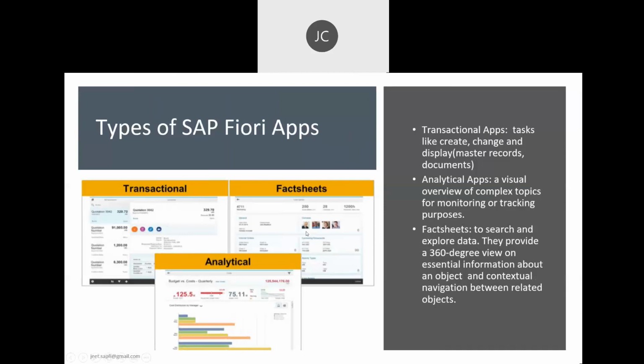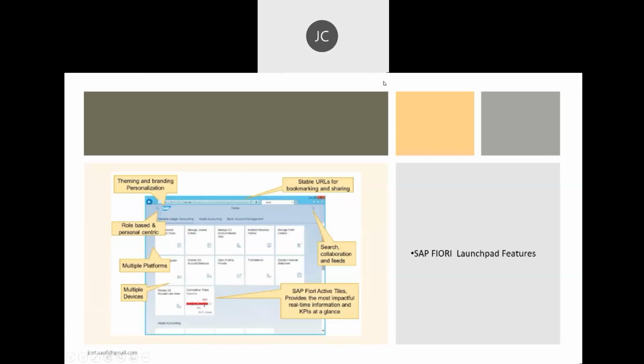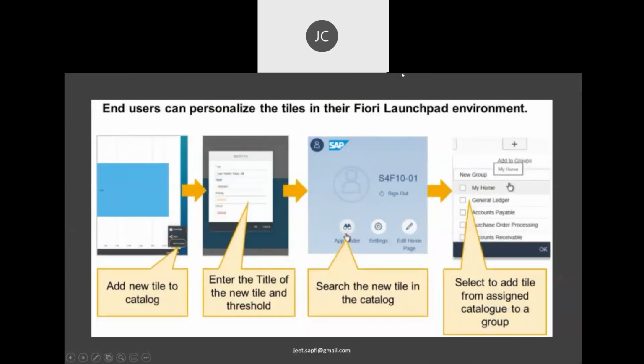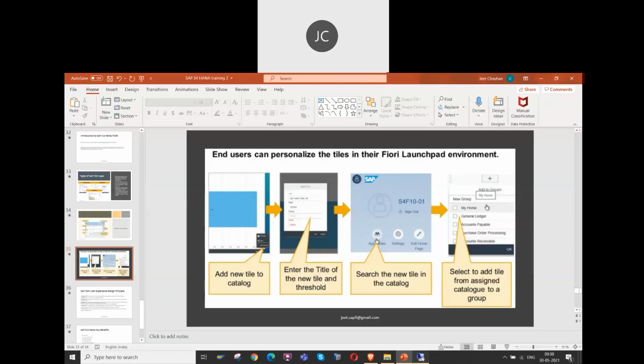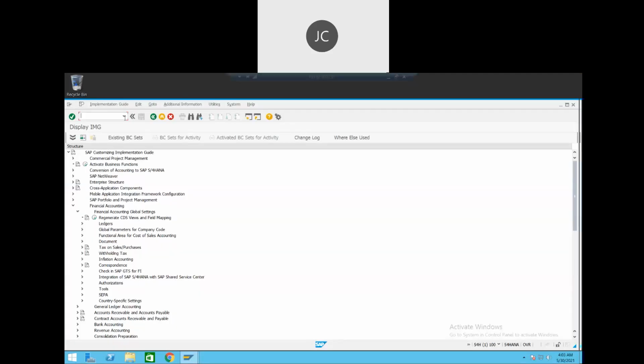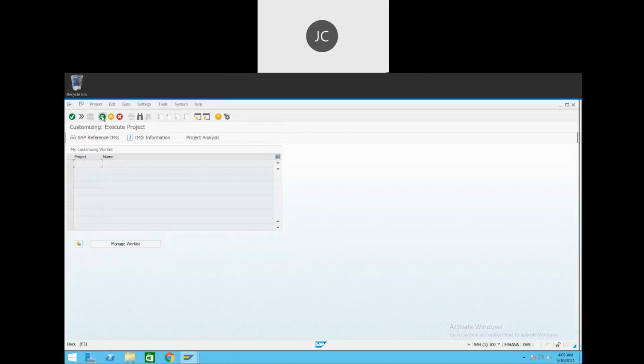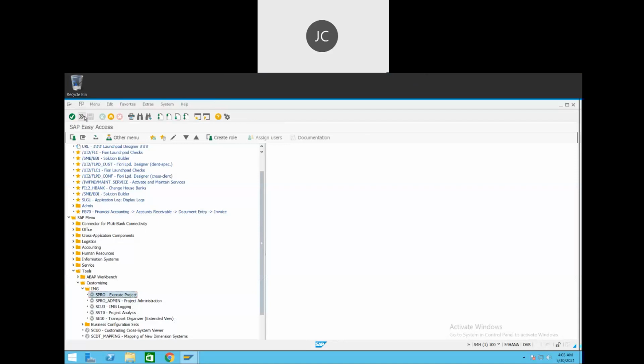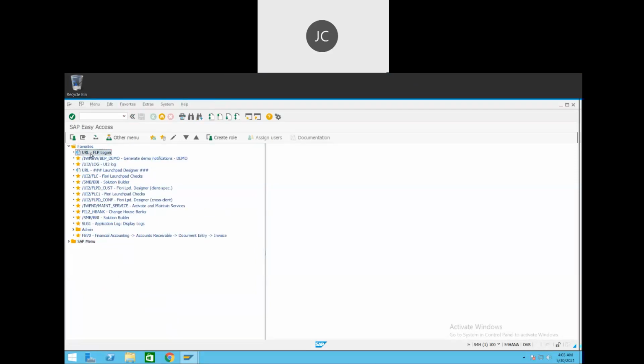So these are the types of Fiori apps. But before that, I would just like to take you through how to access this Fiori link, right? So again, I will come back using these standard toolbar buttons. Okay, I came here, and you can see that I have already put this URL, FLP logon, here, right? This is a URL, and I think you guys will also have this, if you have system access.